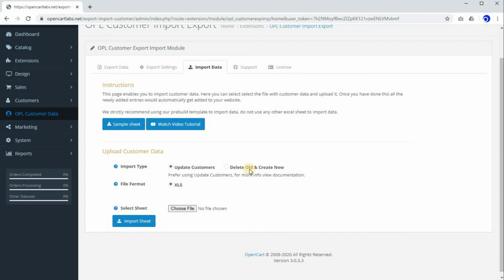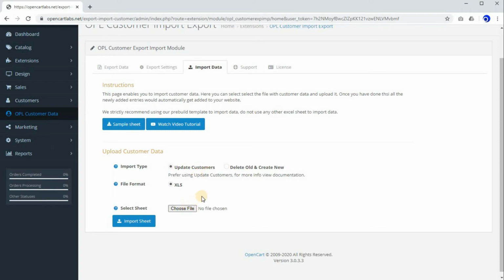The basic difference is that in update customers, all the data matching the sheet and your website is updated if there are any changes, and if a new record is found, it's newly created. In delete old and create new, all the old data is deleted and all the records are created newly. We always prefer using the update customers option as it's safer.